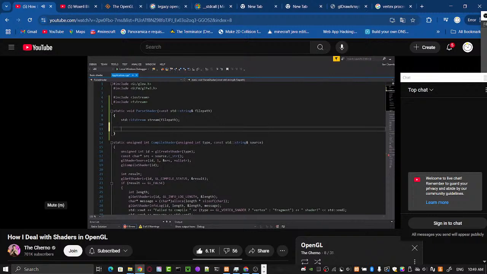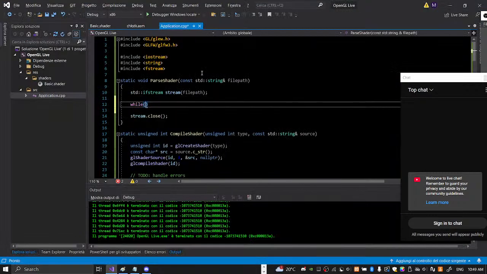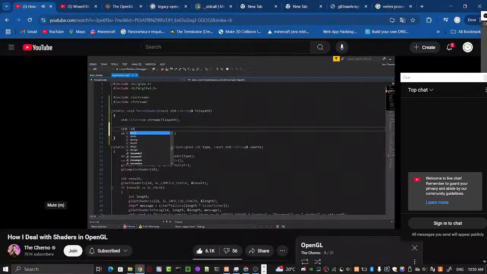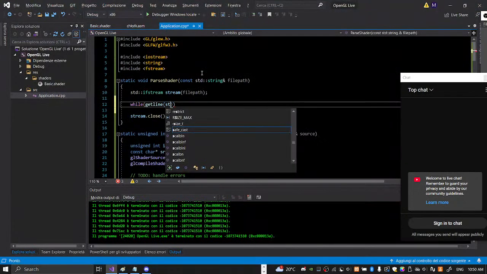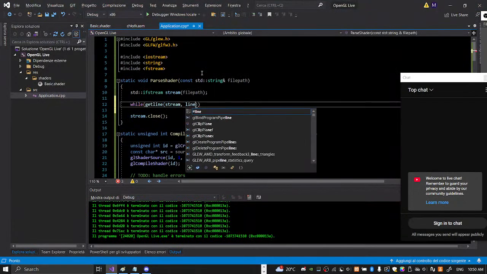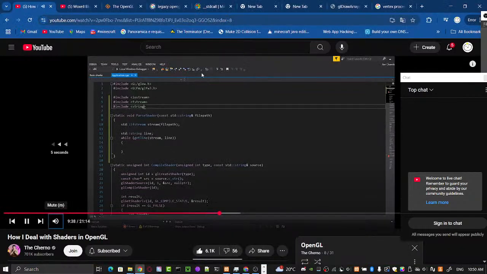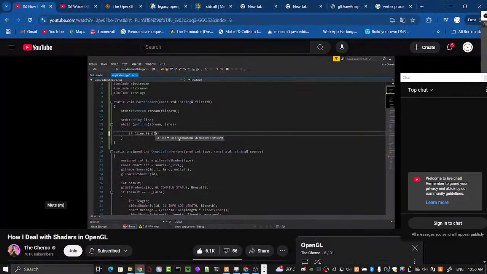And the way we'll do that is we'll do while, and we'll use a function called getline. So while getline stream, and then we'll make a string here called line, which will contain our actual line. While that doesn't equal 0, basically. Now getline is a function that is inside the string header, so we need to include string. So while getline is still valid, which means there are still more lines for us to read inside the file, we're going to check to see line.find